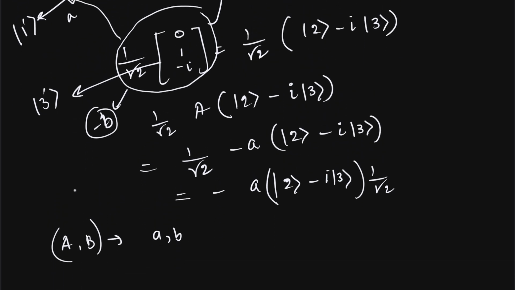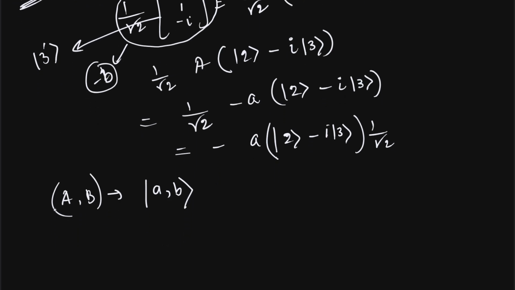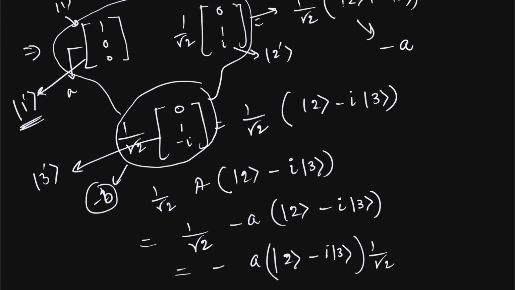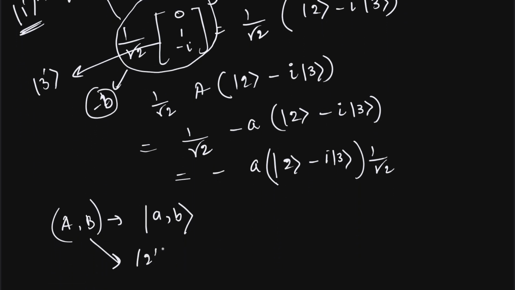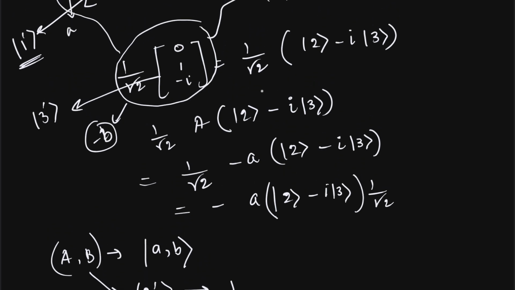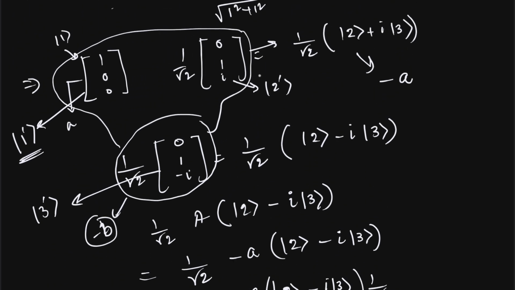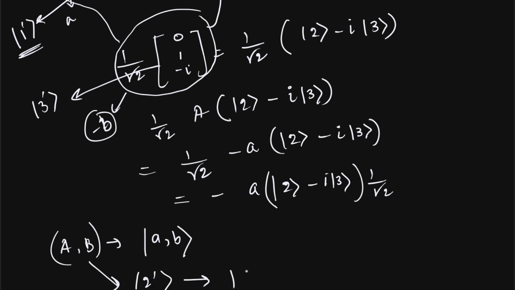Then the eigenvalues corresponding to the first eigenket will be a, b. Now for the second eigenket, 2 prime, the eigenvalue corresponding to operator A is minus a,